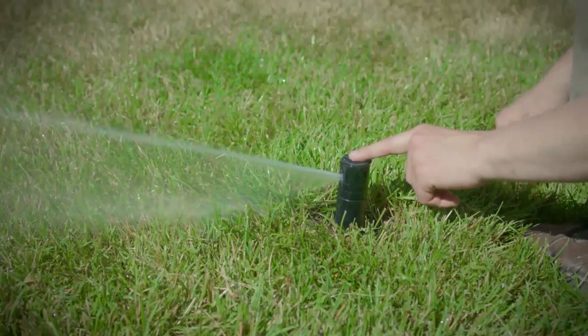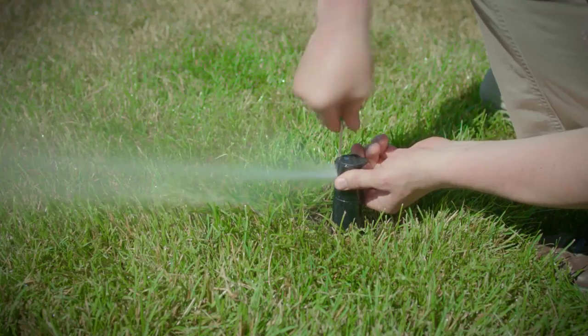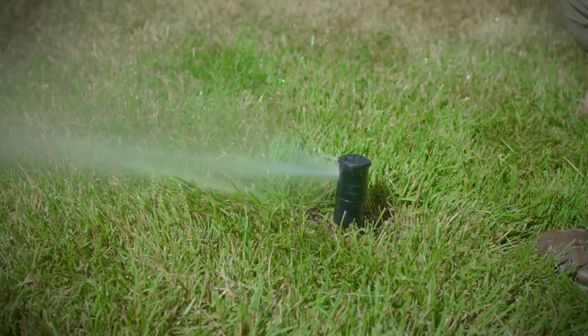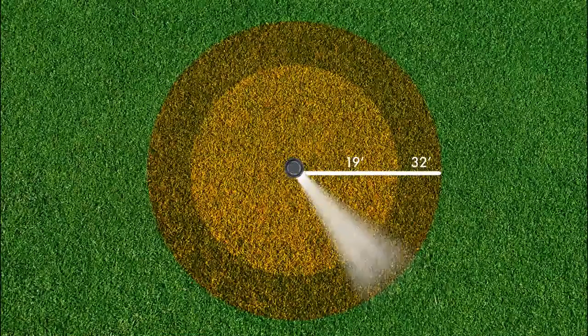Make sure you don't back out the reduction screw so far that it doesn't sit in front of the nozzle while watering. This will allow water pressure to push the rotor nozzle out into the watering area, and it can be difficult to find. Though the spray distance can range from 19 to 32 feet, on a 42 SA rotor